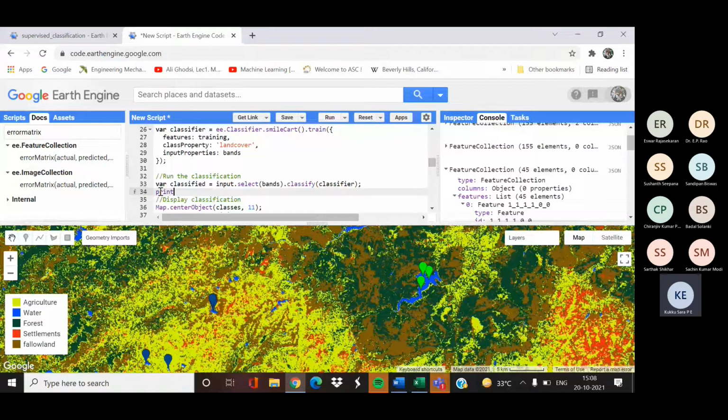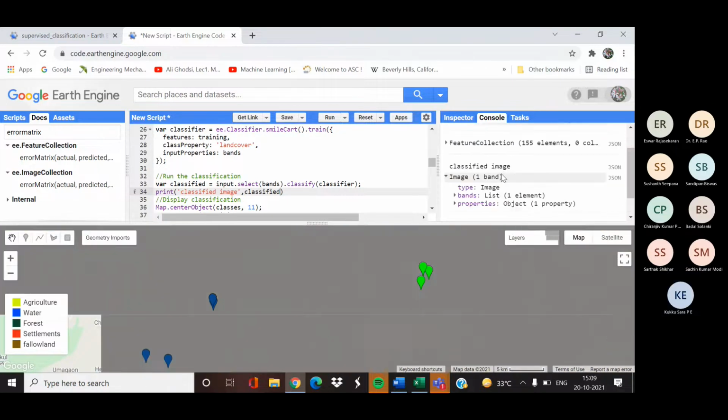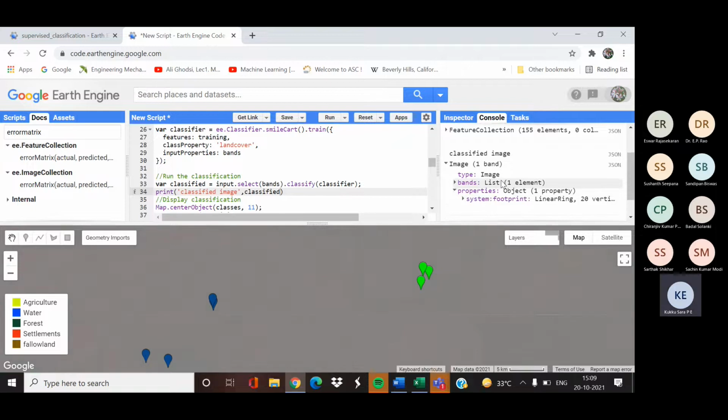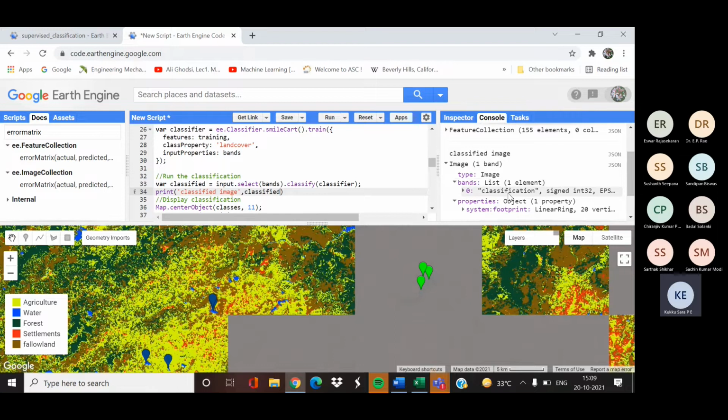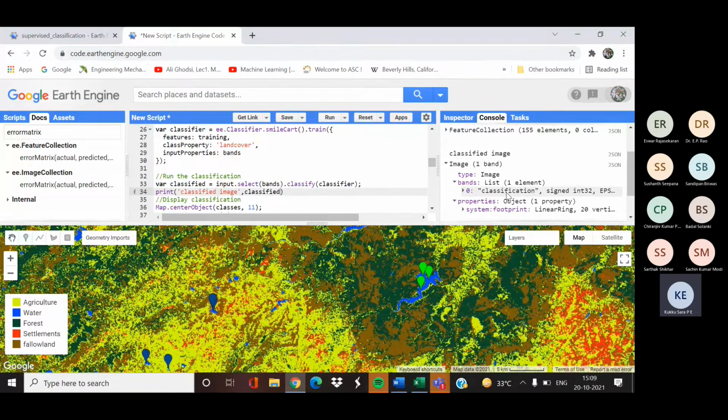If you print here, it has the band called classification, and its corresponding values will be the number corresponding to that particular class. 0 for agriculture, 1 for water, 2 for forest, like that. Okay, ma'am, got it.